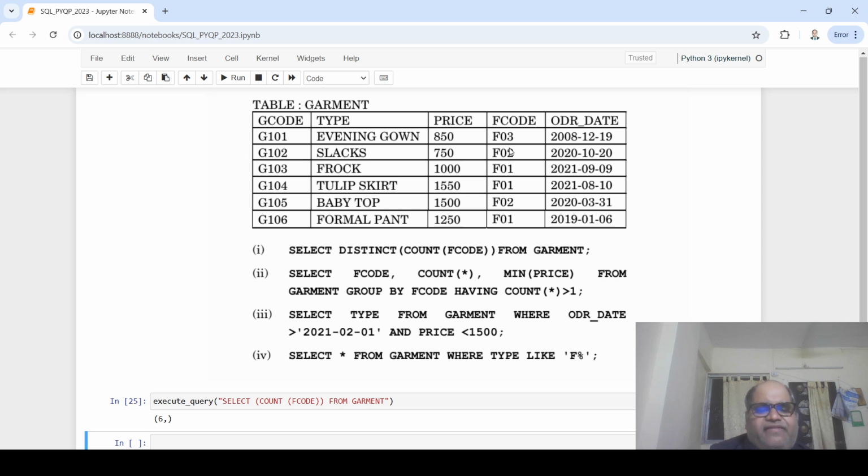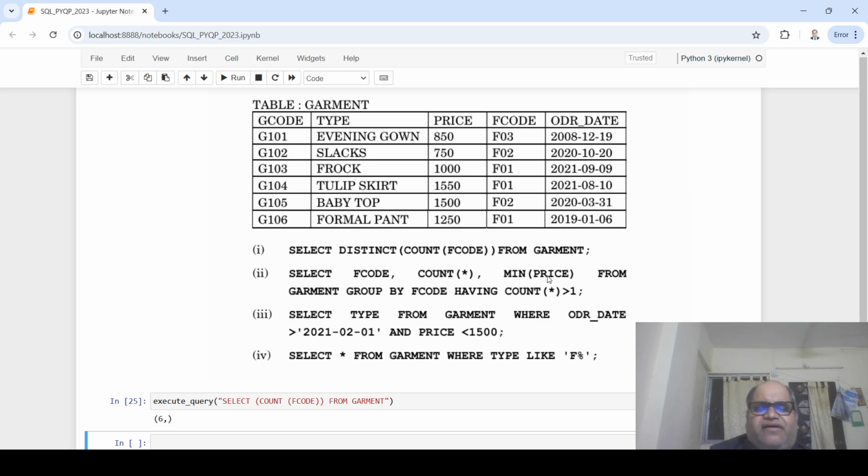And then it is saying show me F code. Since you are grouping by these, we will be having F01, F02, F03, and then if you apply count, you get the count of each of those, so 1, 2, 3, whatever it is. And in each of these categories, if you apply mean,